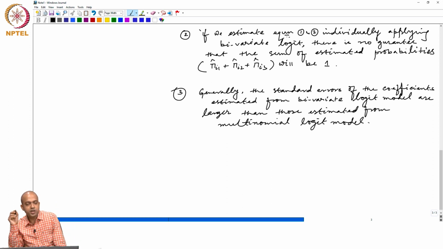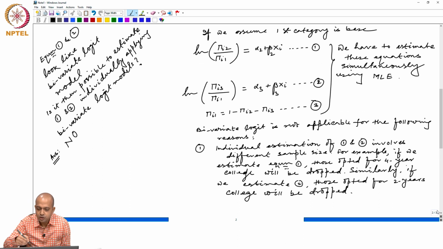So if we estimate the equations separately applying bivariate logit model, then the standard errors of the coefficients are larger than those estimated from the multinomial logit model. So these are the three important reasons for which these equations,